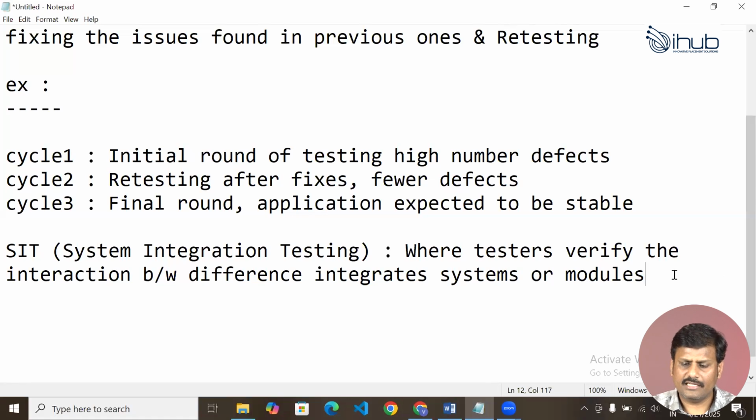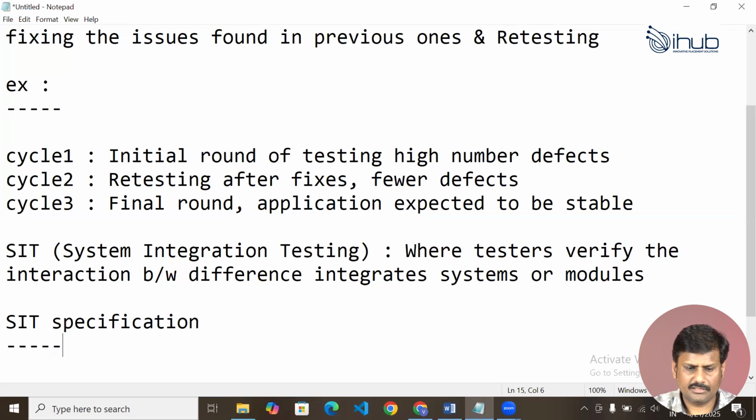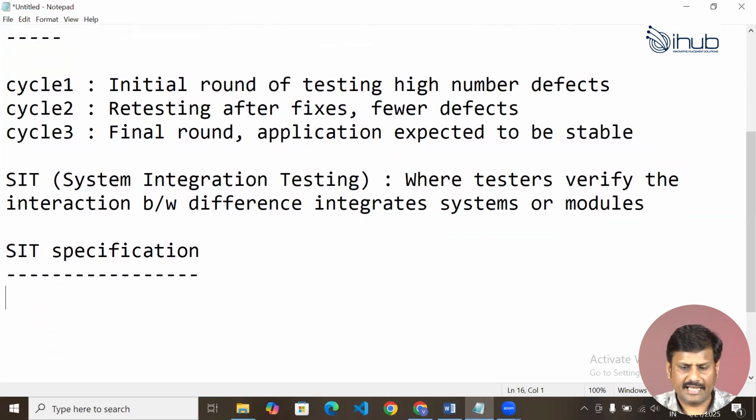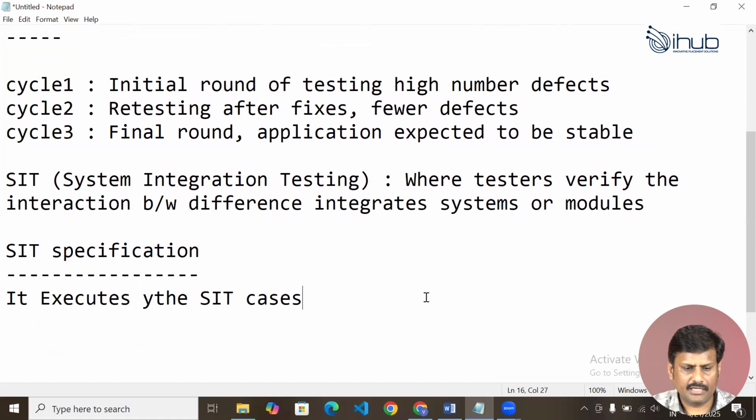So what exactly do we validate here? SIT specifications. So what are the specifications that the SIT covers? Let's see. The one is it executes the SIT cases.